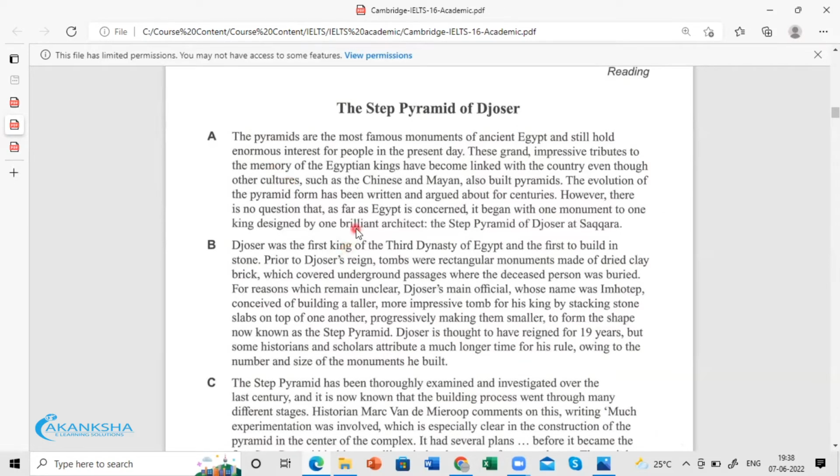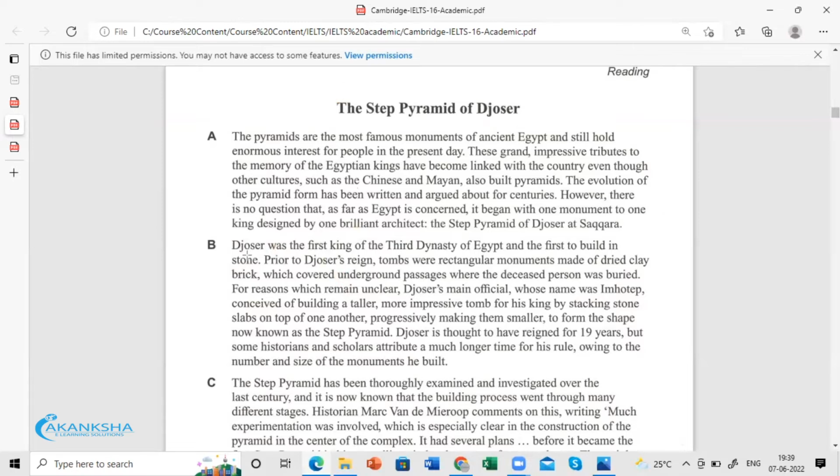I hope it is clear, right? The first and last sentences should help you to select the headings quite comfortably. Like that. Okay, so that's about A. And in B, we see here